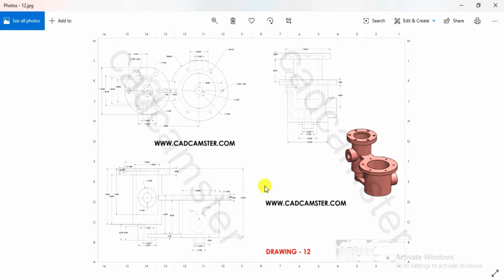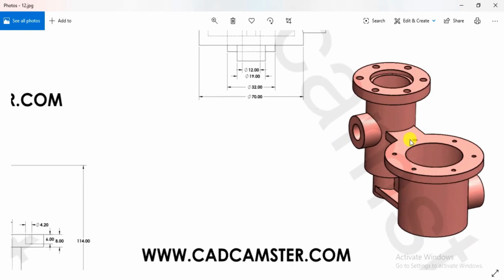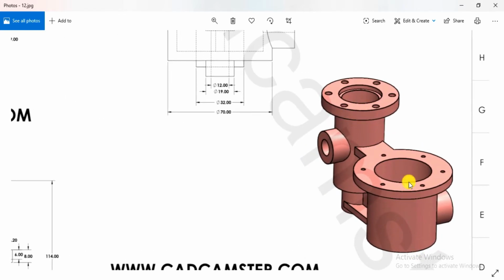Now first I will talk about the approach, how I am going to design this part. You can see here there are two main bodies, this one and this one. All these two bodies I will create with the help of revolve feature.